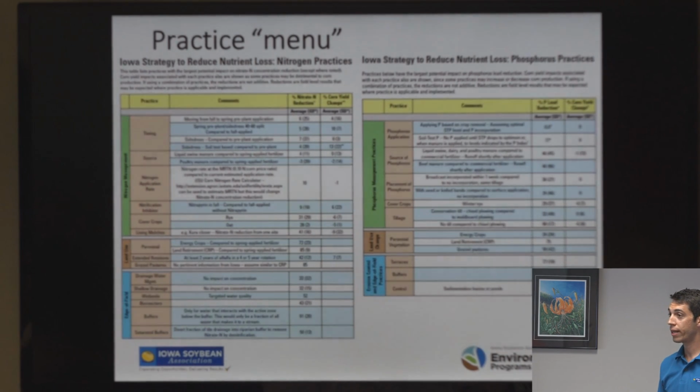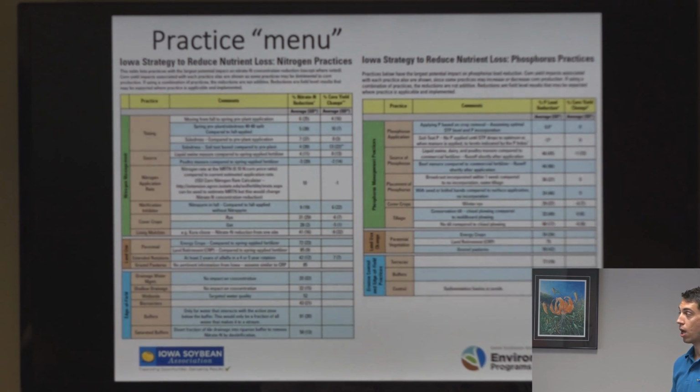So after the goals have been identified, we want to identify approaches for meeting those goals, if you think back to the watershed planning framework. And this is the menu of practices, if you will, and it's not important that you read all these numbers and statistics and specific details, but this information is taken from the Iowa Nutrient Reduction Strategy Science Assessment. So this is based on data and scientific information. So we have a good idea of what their benefits will be in terms of nitrogen and